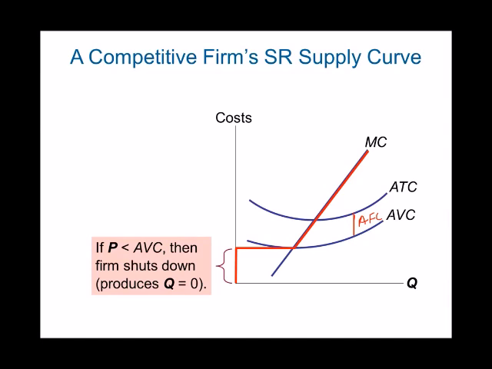If the price is above average variable cost but below average total cost, then at least you're covering some of your overhead. So you're covering some of your fixed costs, some part of your rent and other fixed costs, in addition to covering your variable costs, so the wages of your workers, the utility bills, and all those things. If your price is above average total cost, then you're actually good. You're making money.